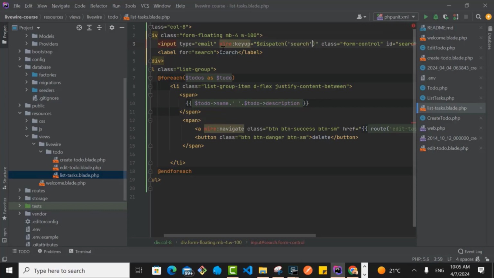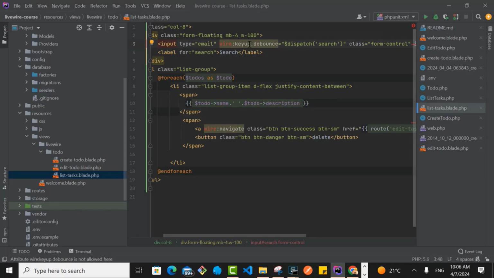So anytime the user presses the keys and leaves it, it will fire this event search. But in our case, I also want to do what we call a debounce. All right, a debounce is, I don't want this event to be continuously fired. I want